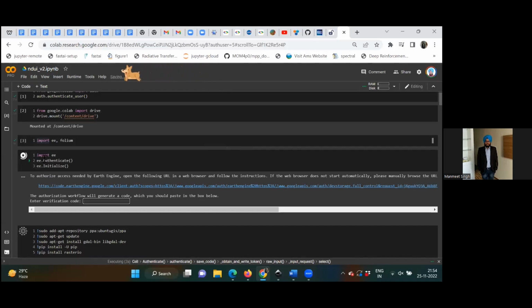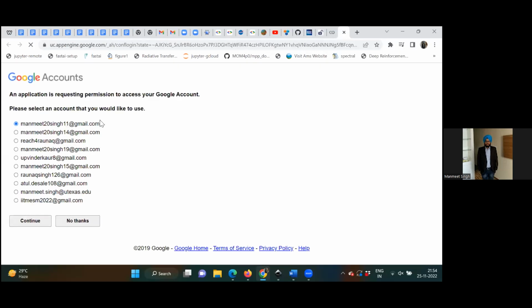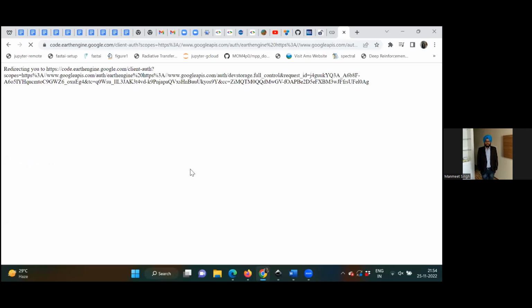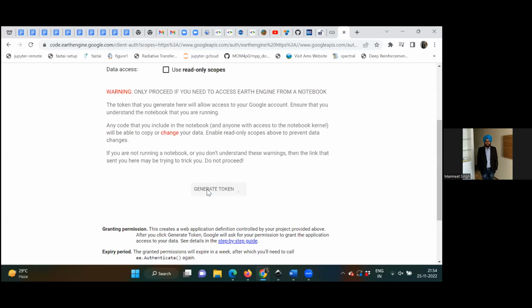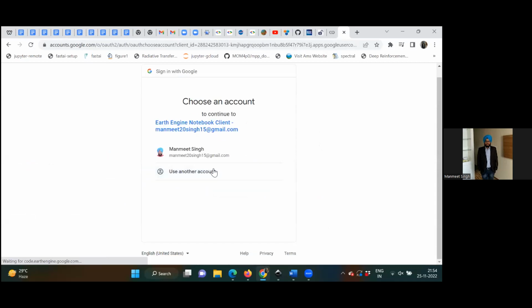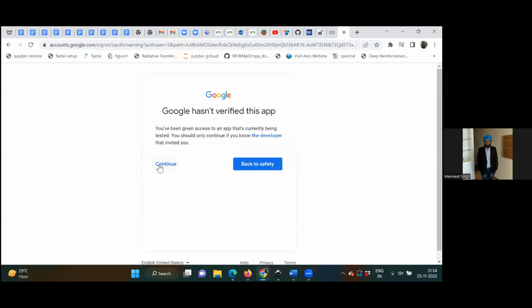Okay, so you see this when you do this import EE. You have to first run EE.authenticate and then EE.initialize, and this will give you this link. Every time you then have to go to this link and generate a token. So this account is associated with Google Earth Engine, so I will just say continue,